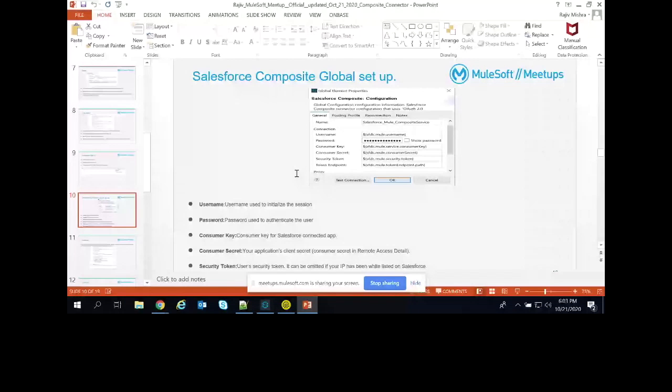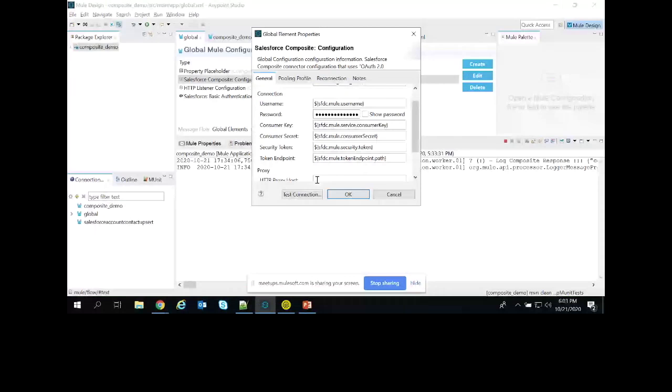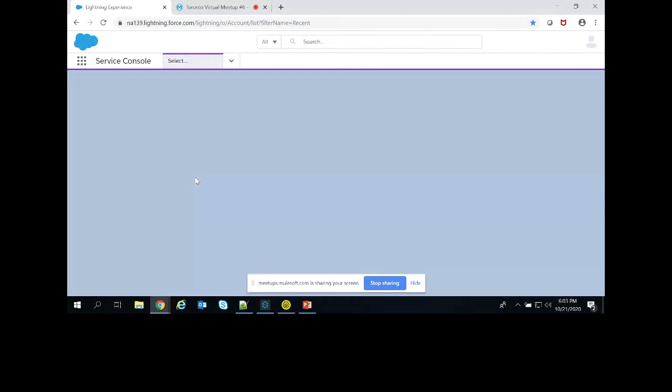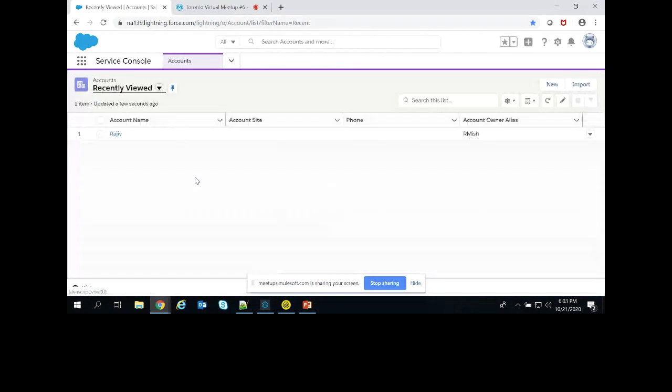Next, let's go with the data. If I open SoapUI, this is the request that I have created. Let me log in to Salesforce as well. I have created an account in Salesforce.